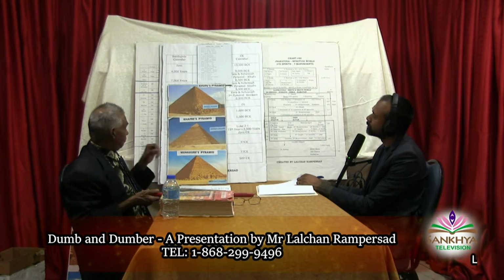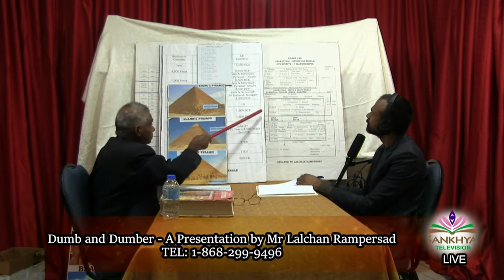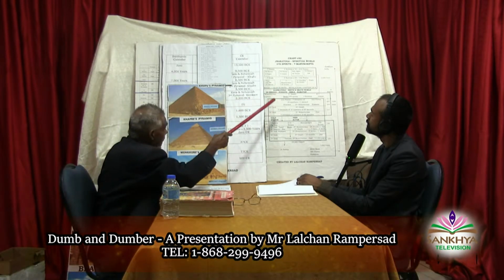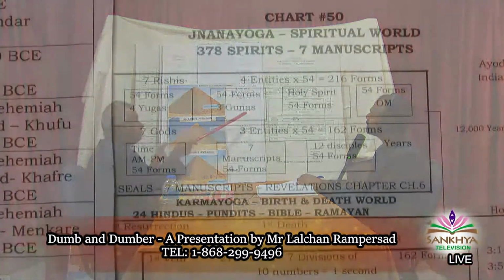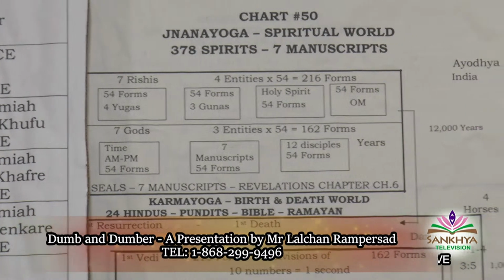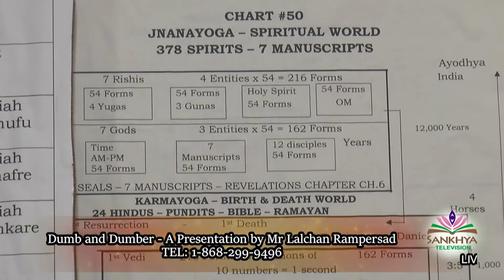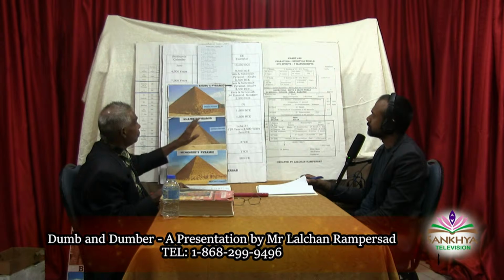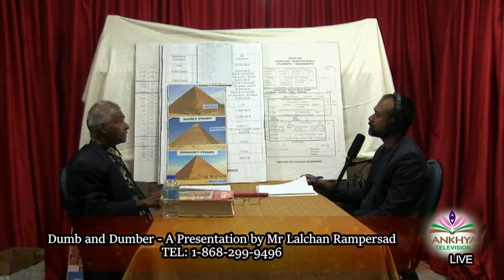So everything is coming. The Holy Spirit, which is 54 forms, they divide it between 7, but it's 378 inventions. Now everything they're carrying, they are discussing their own invention, because you cannot discuss anything with cannibals. They didn't know anything. All you could do was teach them how to fish or how to build a house or how to stop eating people and start with animals. But it took 12,000 years before they started to do those things. You understand? So all of these inventions is what they are using. Today nobody knows what that is,